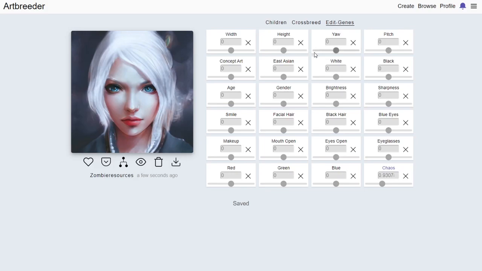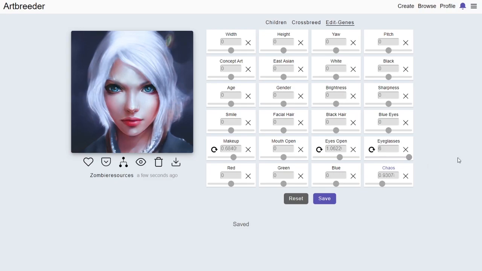Now this is a feature I didn't go into much before. Let's say that I want this character to have a little more makeup, to make their features pop a little bit. I want their eyes to open a little wider. What if I want her to have glasses? Glasses is a slider. Now, if you slide this too far,